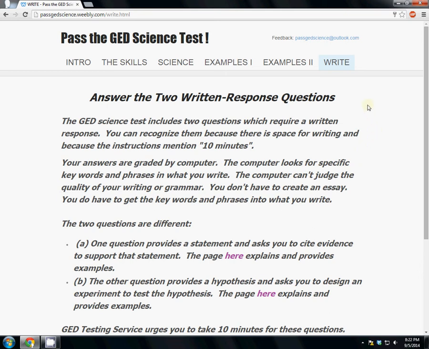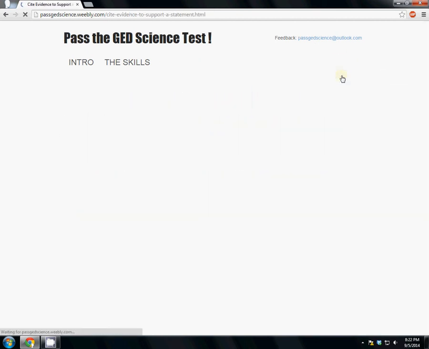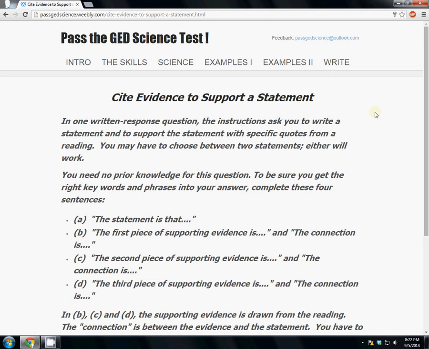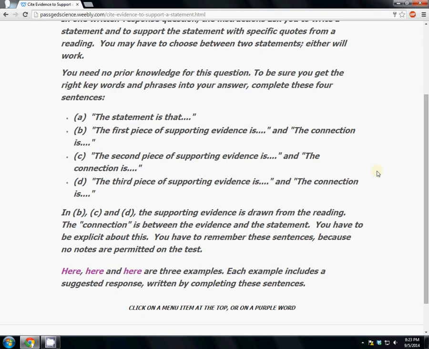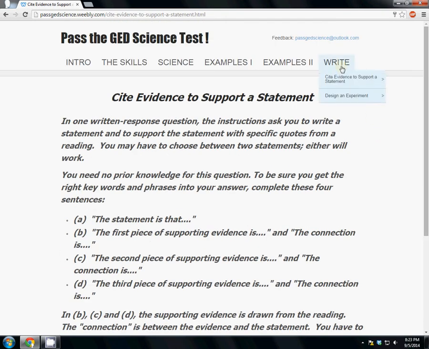Now there are two specific kinds of questions, one each, you're going to get. In one case, you're going to be given a reading, and at the bottom it will give you a statement, and you have to support the statement with specific quotes drawn from the reading. So in order to do that and to get the right keywords and phrases into your response, the quickest way is to complete these sentences. And here are some examples of how to do that